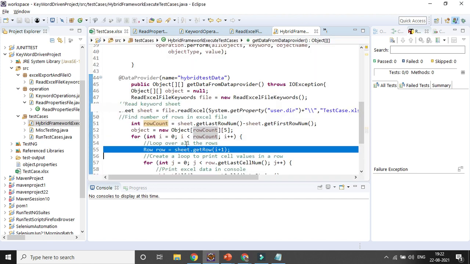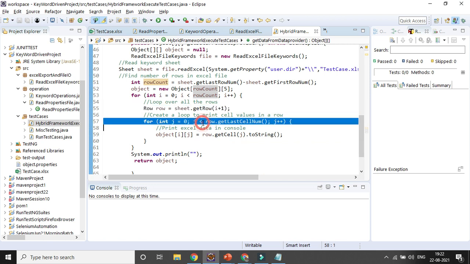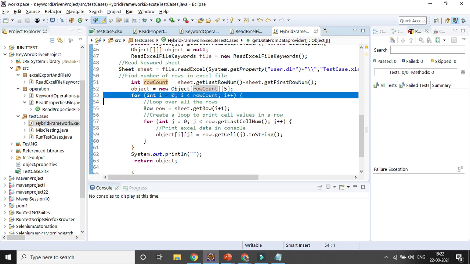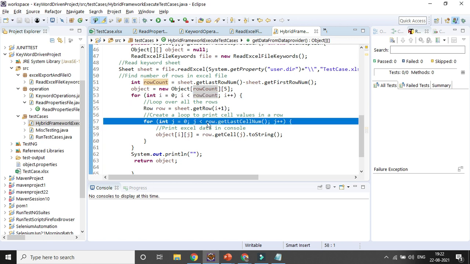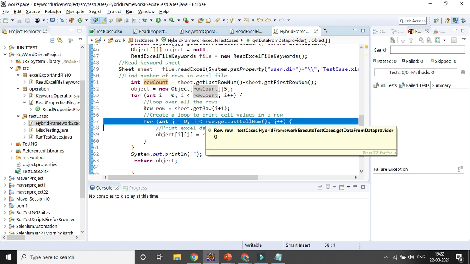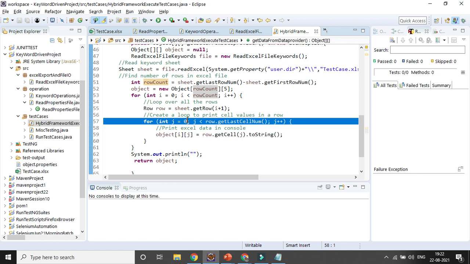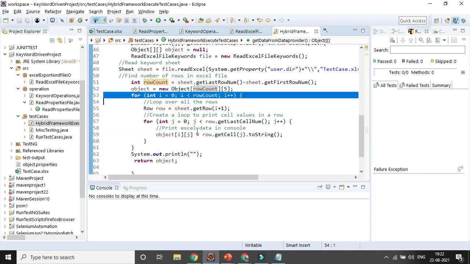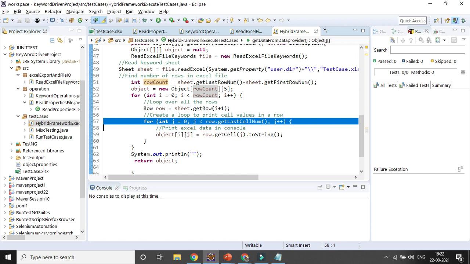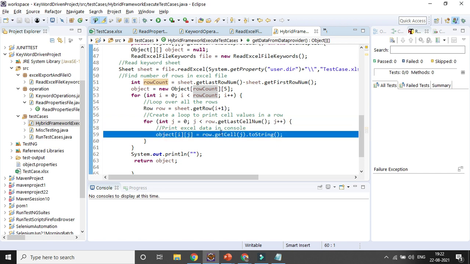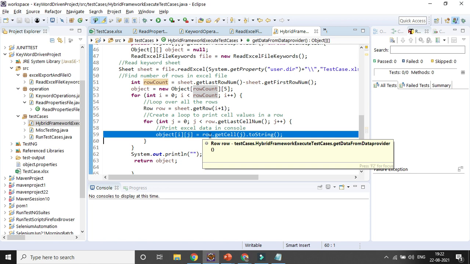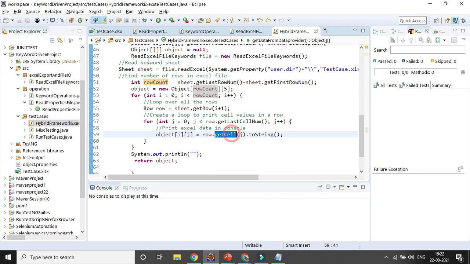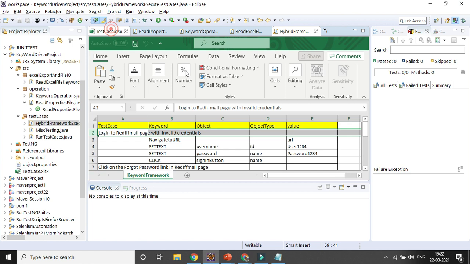So that's why I am iterating to the row, and then again I am creating another loop, which is the inner loop. So I is the outer loop for iterating the row, and the inner loop is iterating the column, or cell. So row and column equal to cell. That is the reason I am using two loops, right? For every I there will be every j, and I will be getting I and j, which is the object, and from there I will go to the row, and then I can get the cell value, for each and every cell.